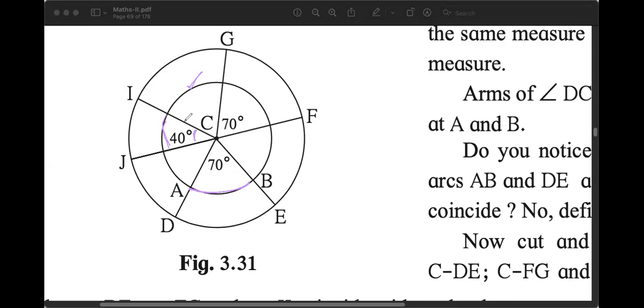Now if I name this x and y, are the arcs xy and AB congruent? Do you think they are congruent? Yes or no? If you think they are congruent, say yes. No. They are not congruent. It's like when we open our mouth to eat, sometimes we open it less, sometimes more, so how can they be congruent? They are not congruent.